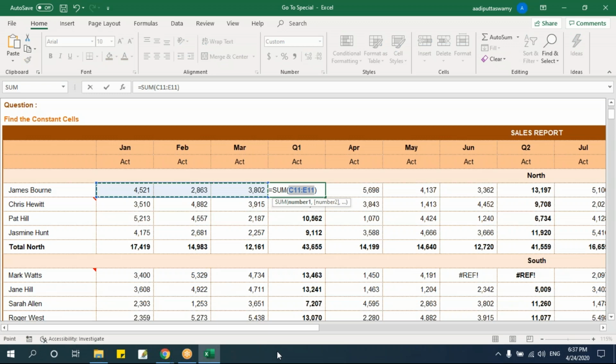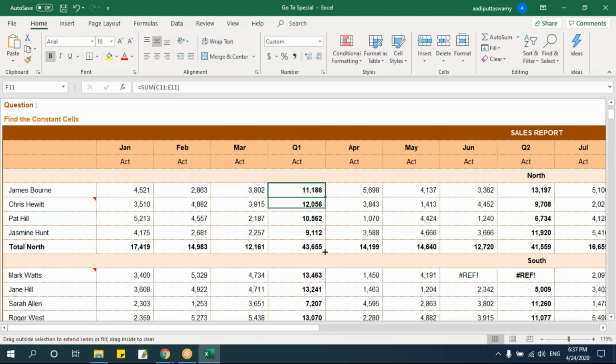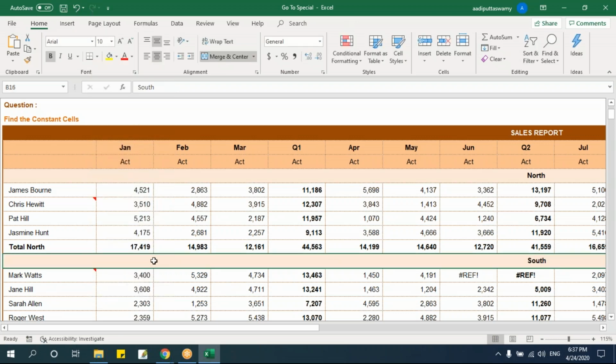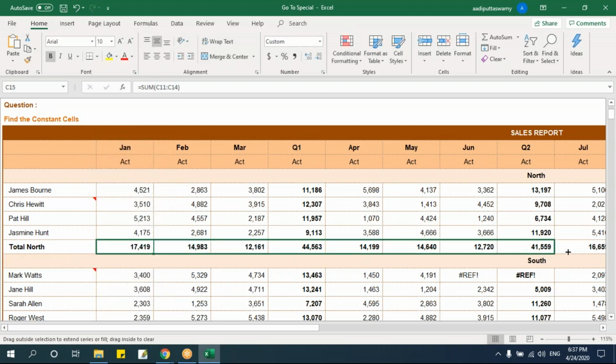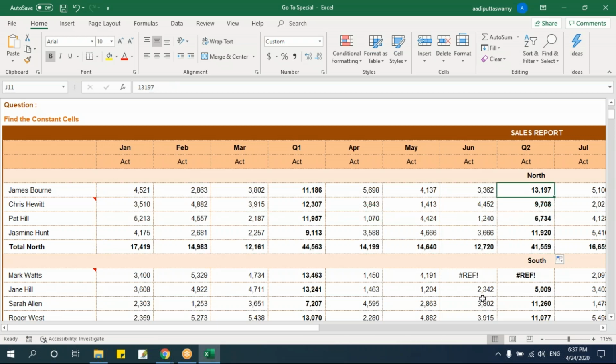Let me just put one formula here. Drag this. I'll just put one formula here as well. Let me drag this as well. And let's put one formula here also. That's it. Just a sum formula. And we'll take one text formula here, equals LEFT of this, comma, 3. Right.